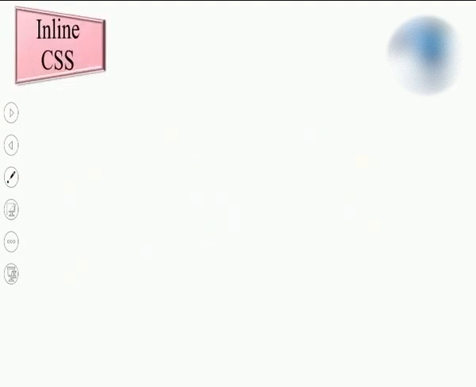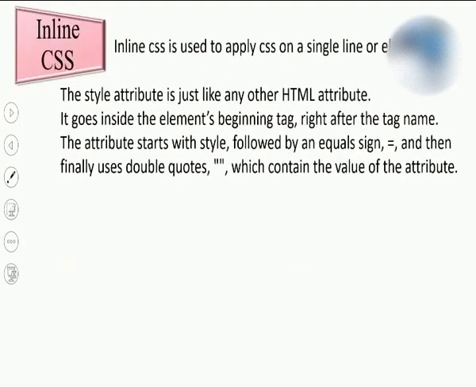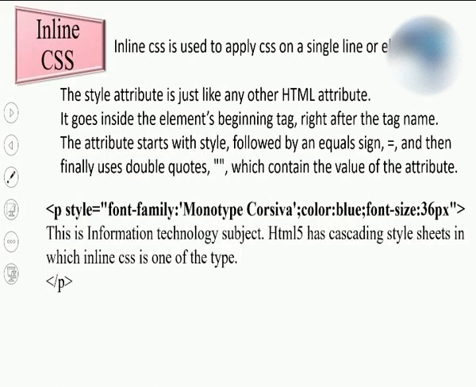So we will begin with inline CSS. Inline CSS means if you want to apply CSS for a single HTML element, for a paragraph or for a heading, you want to apply a particular style. You can apply that by specifying it in that tag itself. For example, over here I have specified a style for the paragraph. For specifying the style to the paragraph, observe the style attribute I wrote. This style attribute is important to write along with the tag.